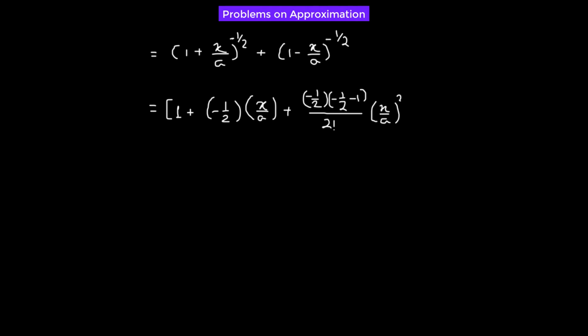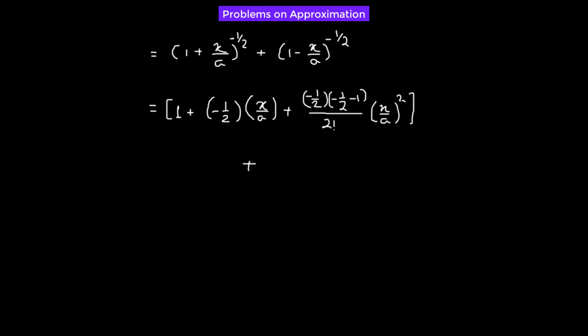Now we're going to reject all the subsequent terms, because it's mentioned in the question that x is so small that x cubed and all the higher powers of x following x cubed can be neglected,